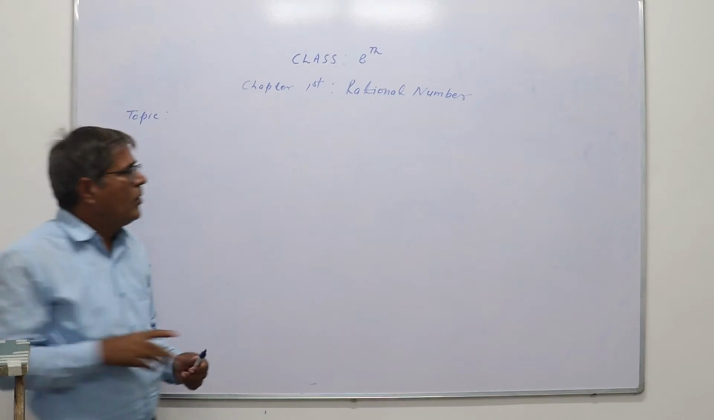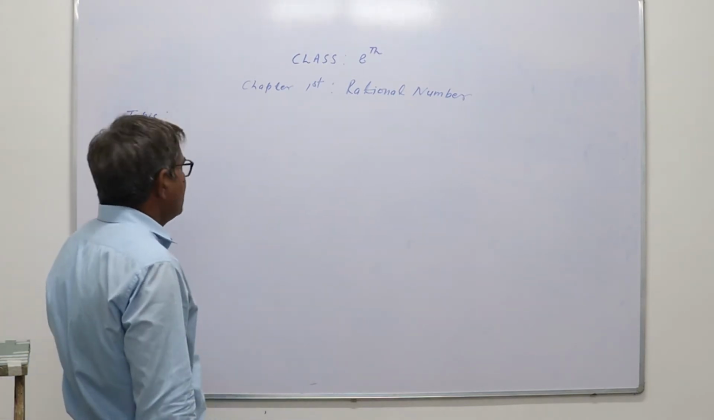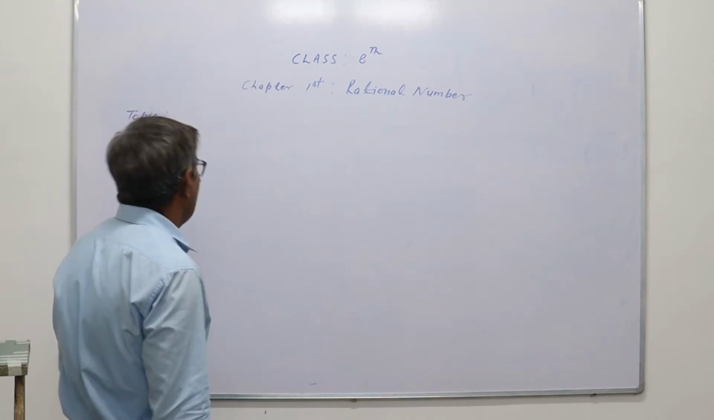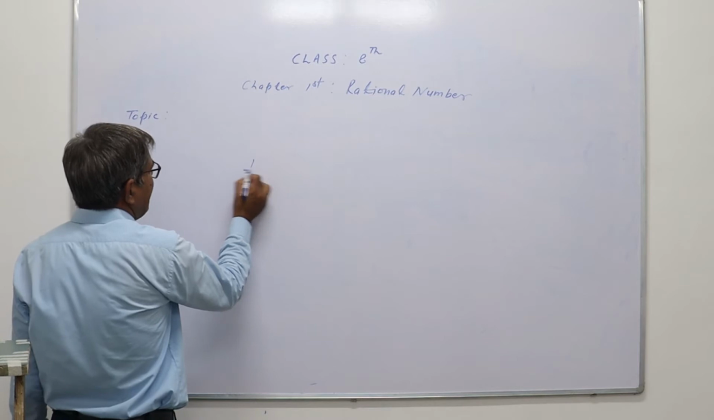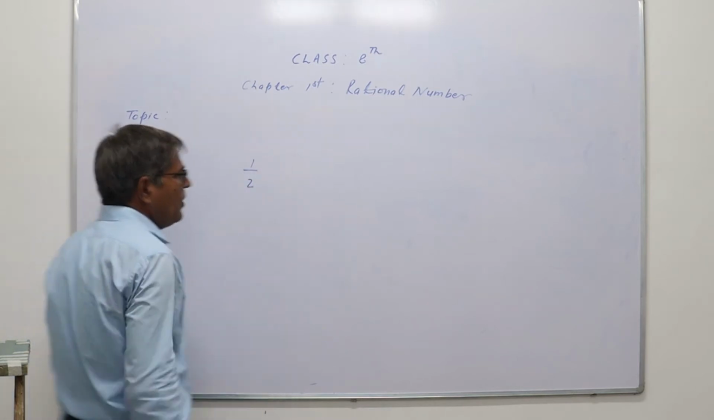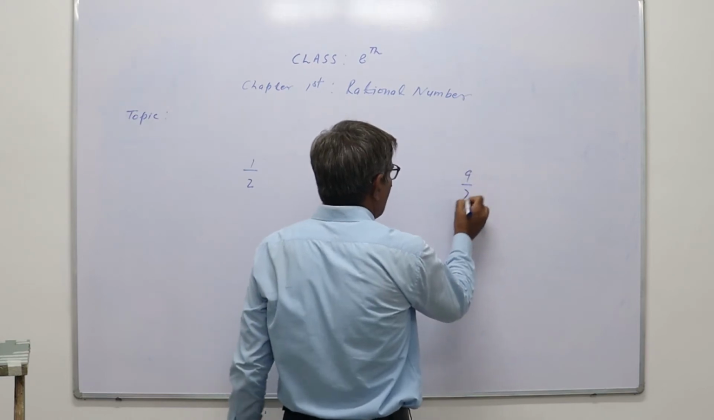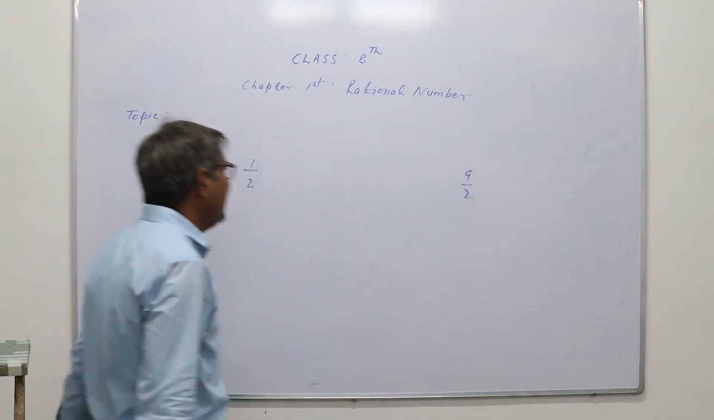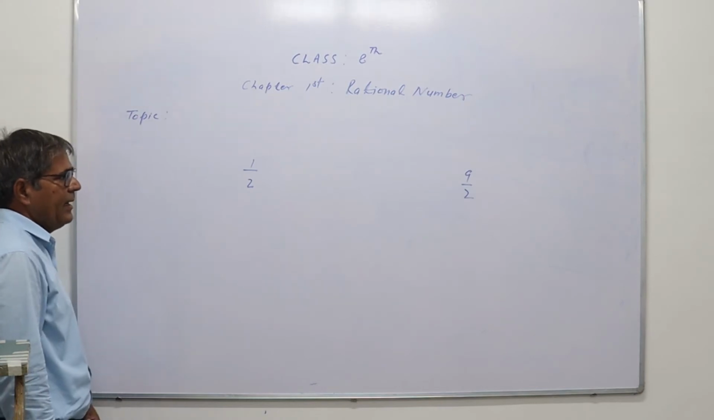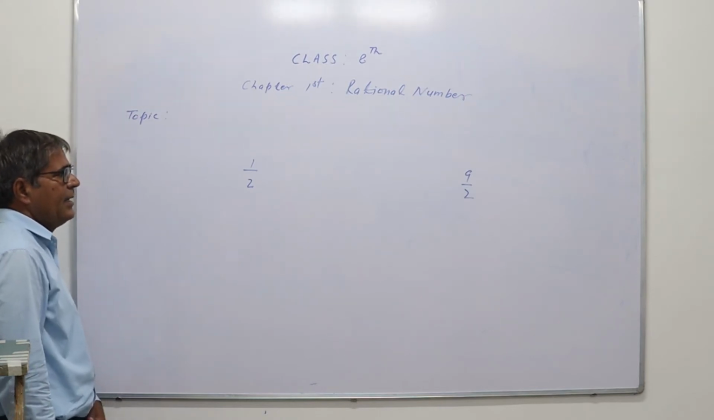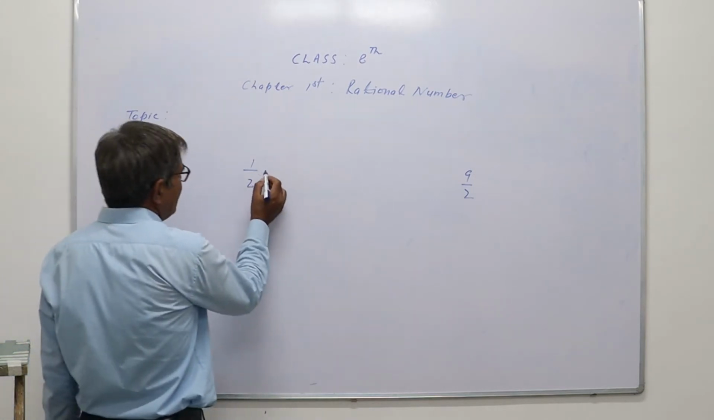Now to find some rational numbers between two given rational numbers, for example, one rational number is 1 by 2 and another rational number is 9 by 2. If we have to find some rational numbers between these two rational numbers, then what will we do? We will first